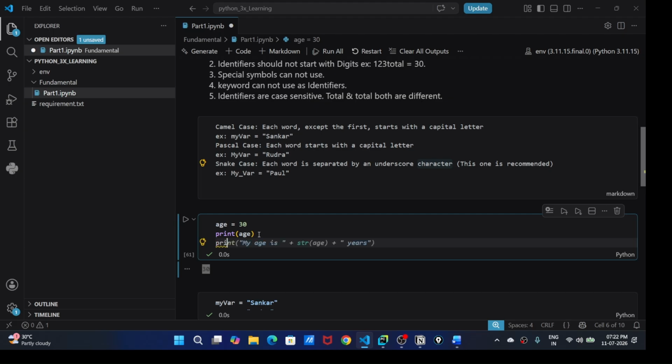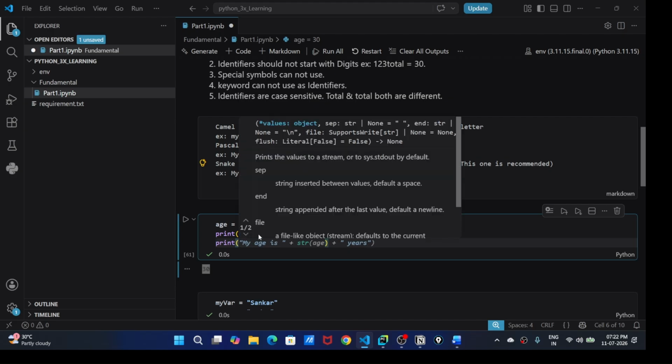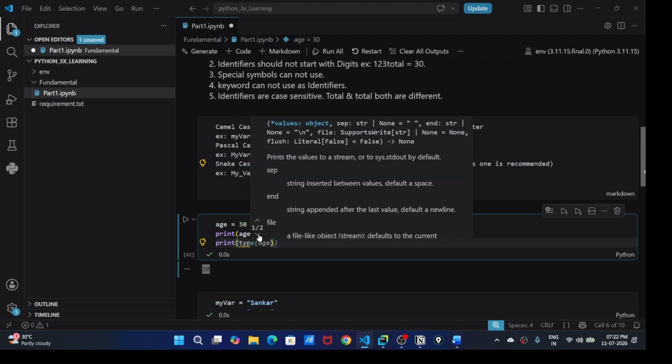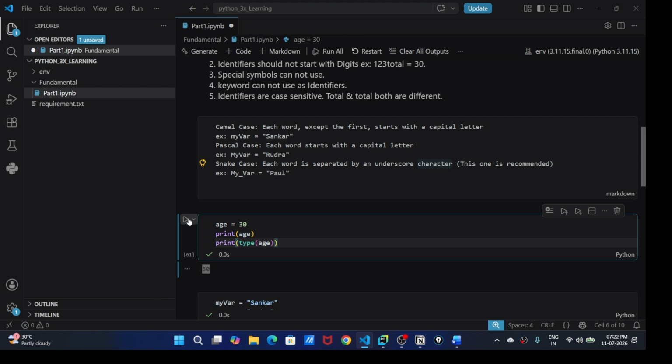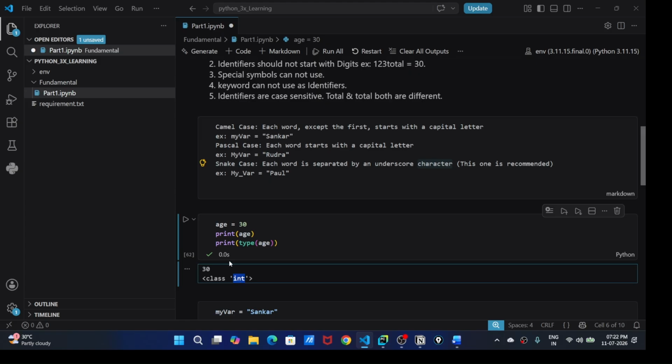Print type of age. If you run this, it will show int type, meaning this age variable holds an integer value, right?